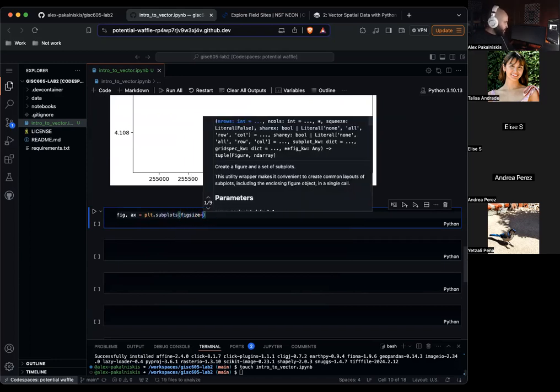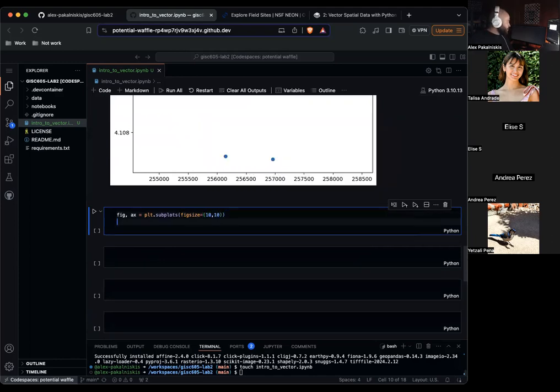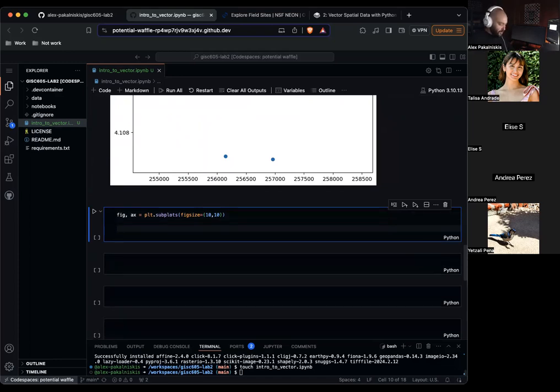Again, figsize equals 10 by 10. And this is nice if you have some specific shape you need to create, like for a journal article, you can impose an aspect ratio or shape of the image. So we've got the SJR plot locations. Let's plot it. Let's do column equals plot type.